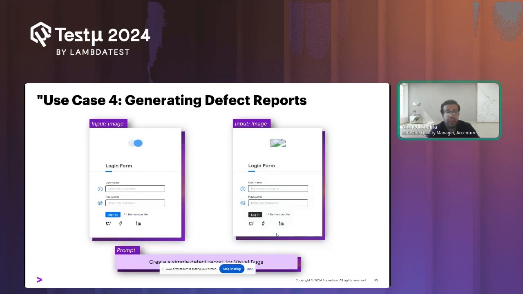Then let's go to another use case where we could generate defect reports. When we saw the visual testing, we saw that it is able to identify the difference. So if I use visual AI testing, it will be able to see, okay, this difference here, and then we have a difference here. But as we said before, it's not able to understand. But with generative AI, you have this understanding, and you could not only show the differences, but also generate defect reports and just post them. So you don't even need to do the analysis, right? So here in this case, for example, you can see this difference.